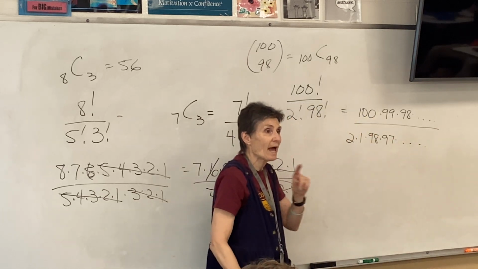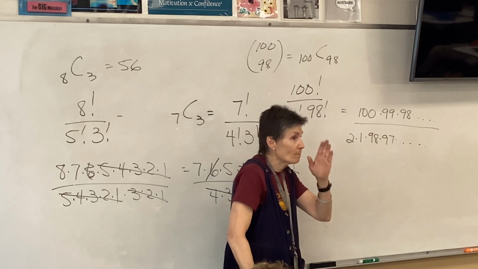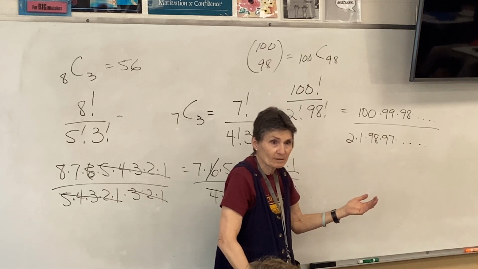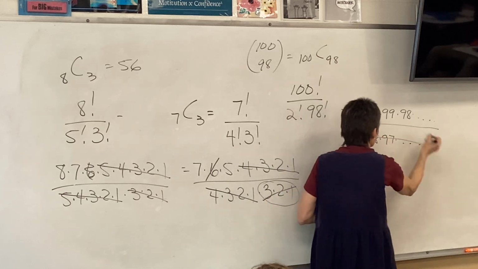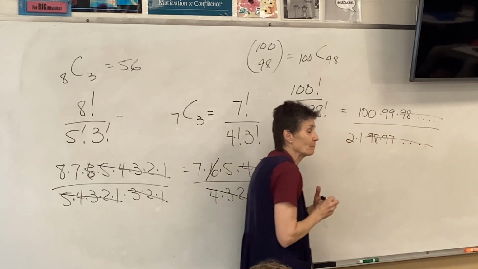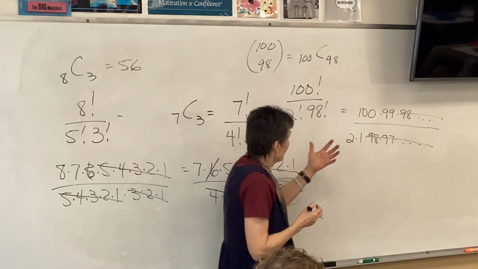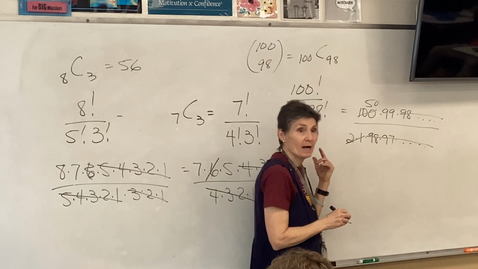What is going to happen in this fraction? Everything from 98 down is going to cancel, isn't it? There's no point in writing it out. Everything from here down is gone. So what do I have left? Basically, 50 times 99,